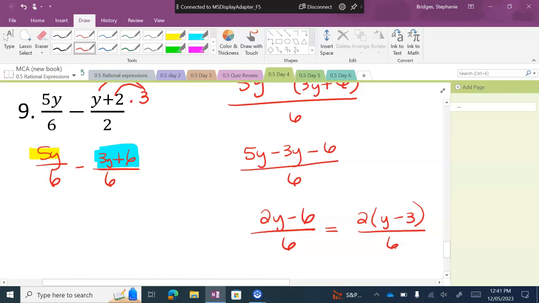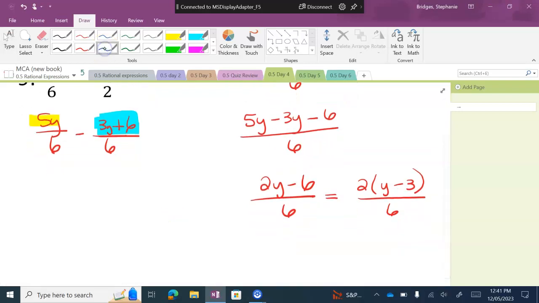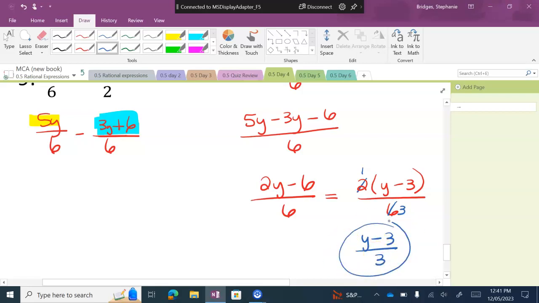And by doing that, do you see that I have the 2 being multiplied by the y minus 3 and the 6 at the bottom? So therefore, what can I do with that 2 and that 6? I can divide them both by 2, right? So I end up with just y minus 3 over 3? Yes. No. The key is you just have to remember that they can only simplify if all 3 simplify. The issue is to